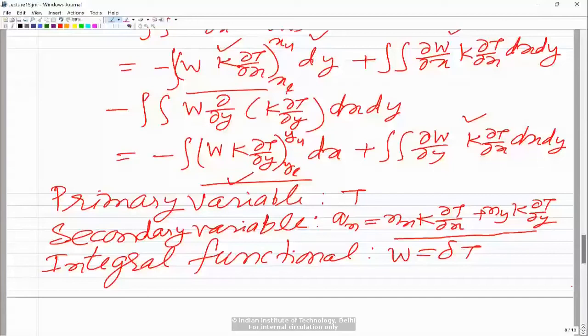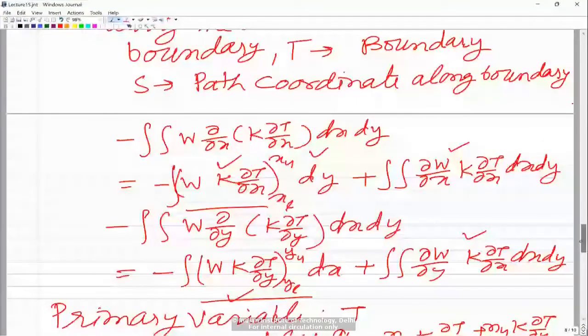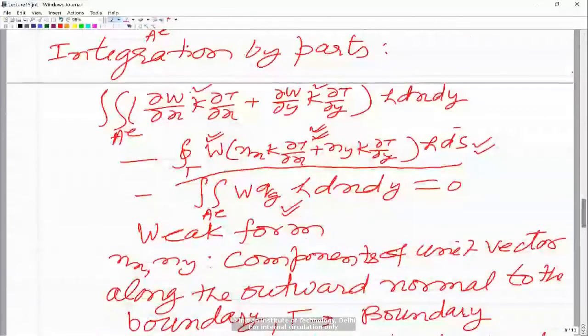Earlier, at the boundaries we were making use of some notation and writing the secondary variable, but here we will keep it as an integral. So if you put w equal to delta T in this weak form and take the variational operator delta common,